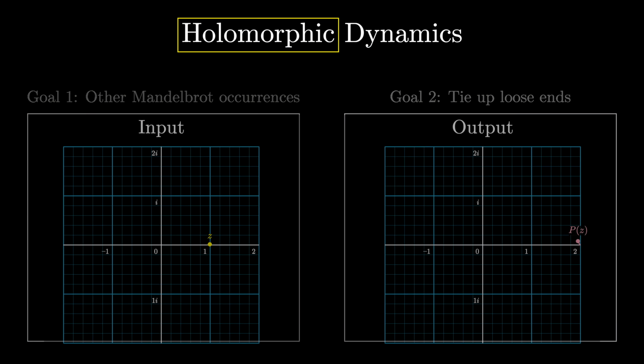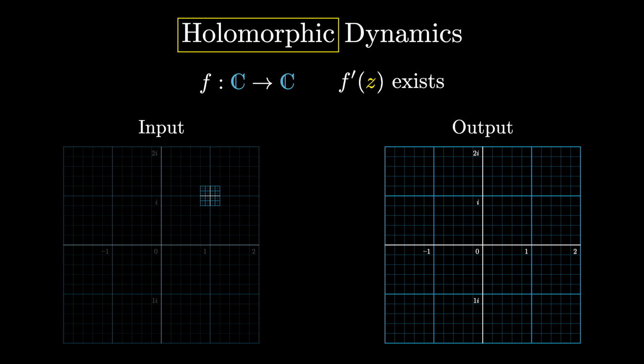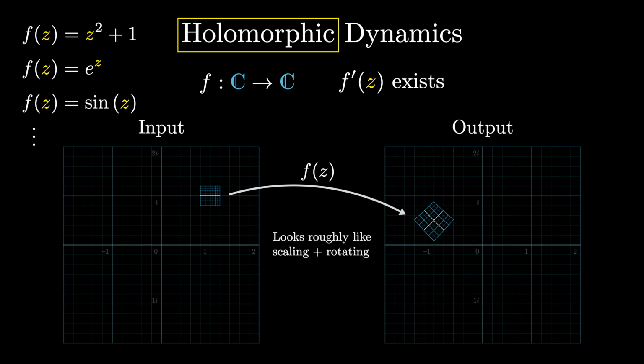So first of all, this word holomorphic might seem a little weird. It refers to functions that have complex number inputs and complex number outputs, and which you can also take a derivative of. Basically what it means to have a derivative in this context is that when you zoom in to how the function behaves near a given point, to the point and its neighbors, it looks roughly like scaling and rotating, like multiplying by some complex constant. We'll talk more about that in just a bit, but for now, know that it includes most of the ordinary functions that you could write down, things like polynomials, exponentials, trig functions, all of that.